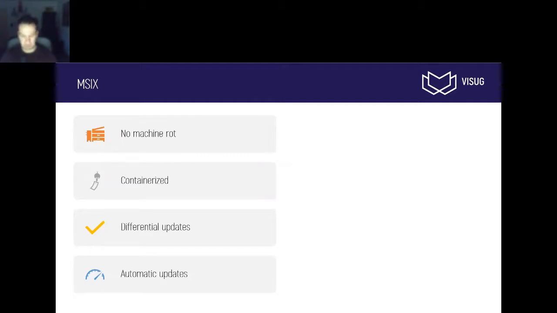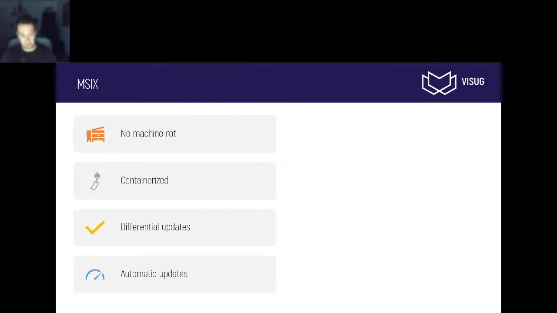Different registry keys, different files and folders all around the file system. But not every application cleans up after itself once you uninstall it. Using MSIX, you get a virtual file system and a virtual registry. If you uninstall the application, those two get removed completely and nothing stays behind. So that's a big plus.